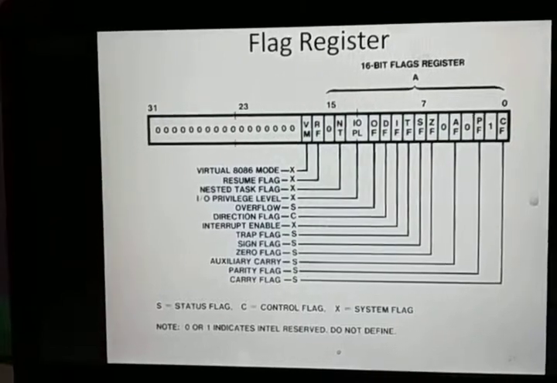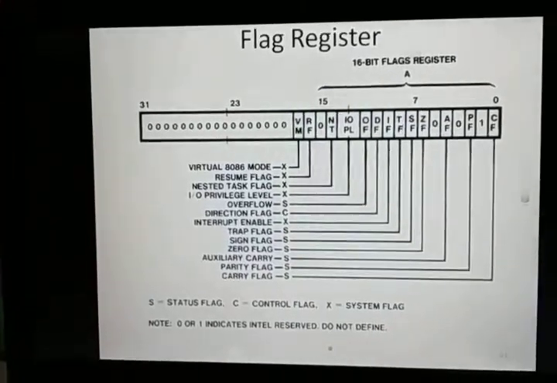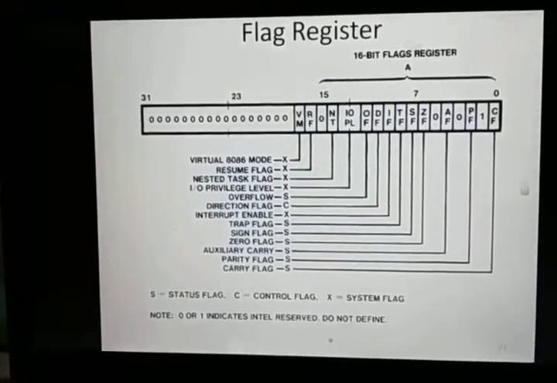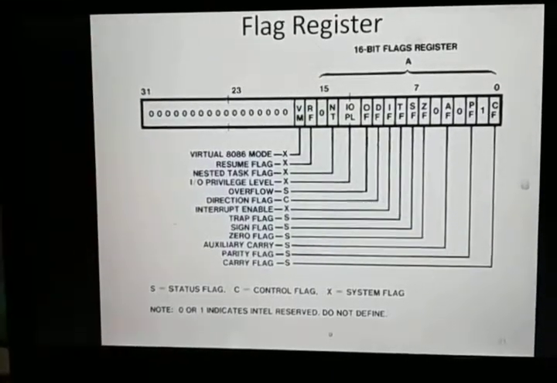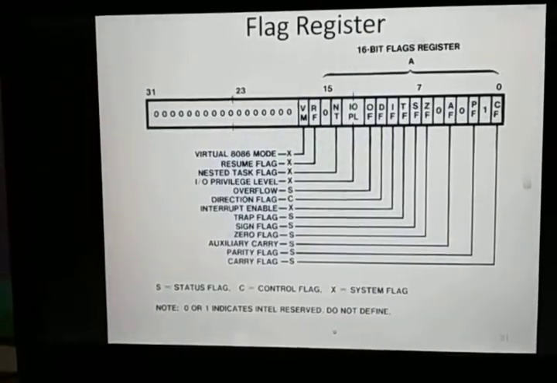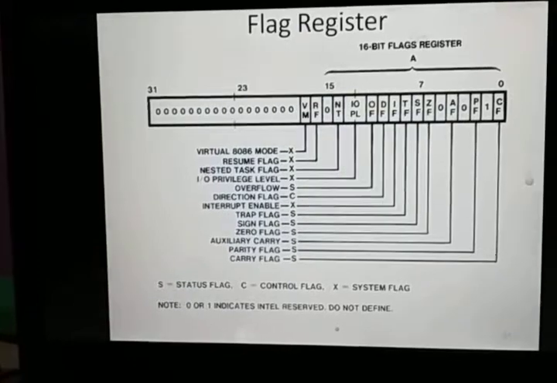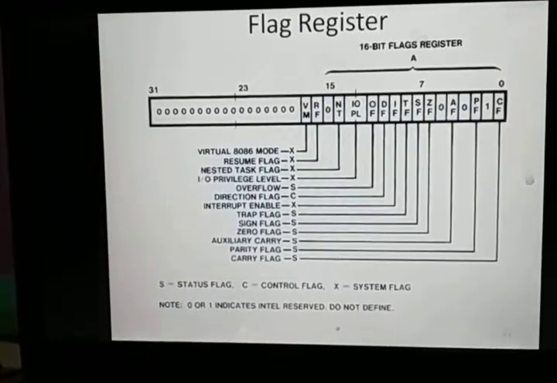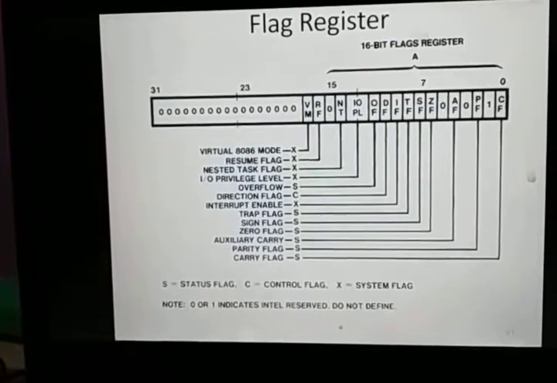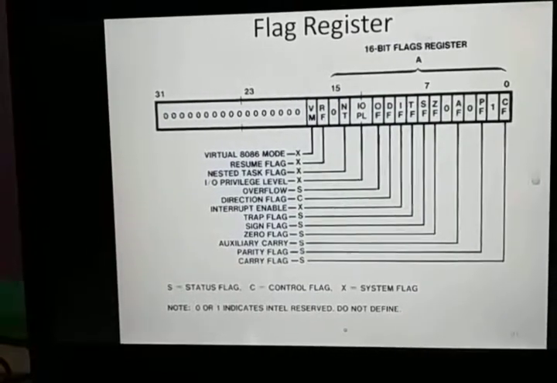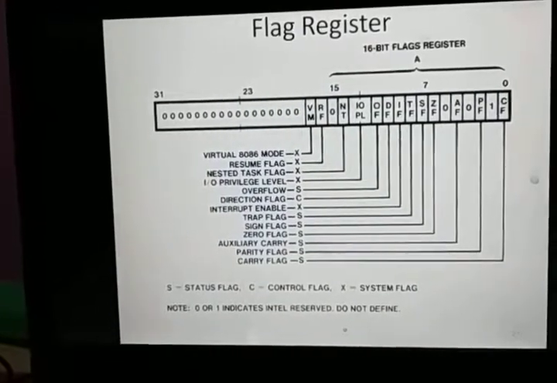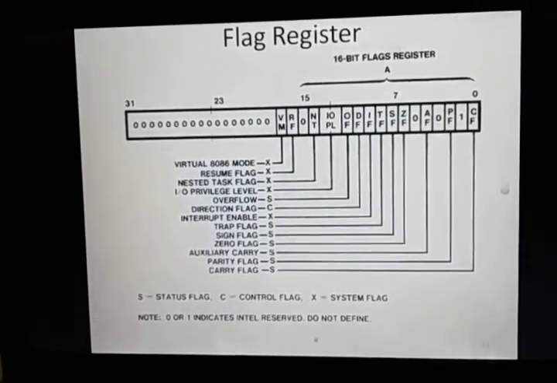Hello everyone. In this lecture we will start from the flag register. In the last lecture we discussed the 80386 protected mode, virtual mode and real mode, and the pin diagram of the 80386, where we discussed pins related to power supply, related to interrupts like INTR, the reset pin and the NMI pin, and pins related to the coprocessor like the ready pin, processor request extension pin, lock pin and busy pin. So these pins are basically related to the coprocessor.